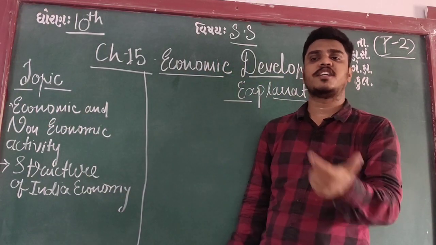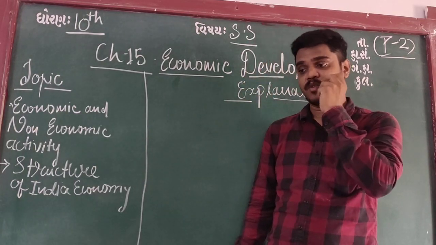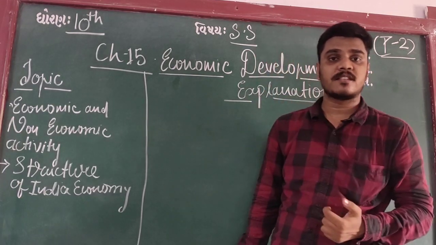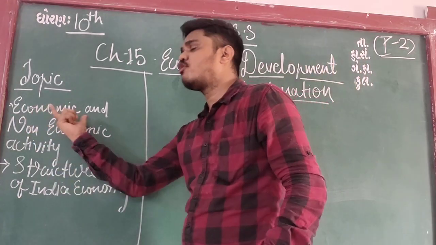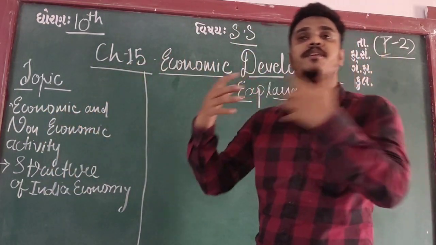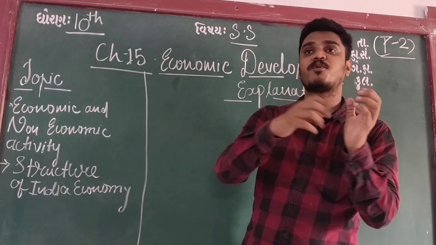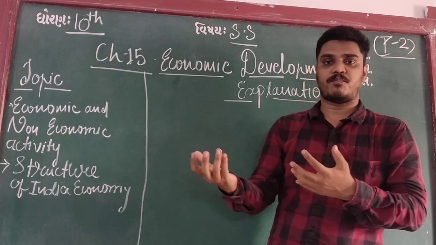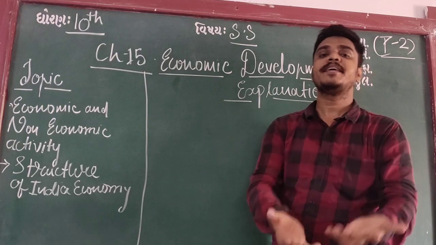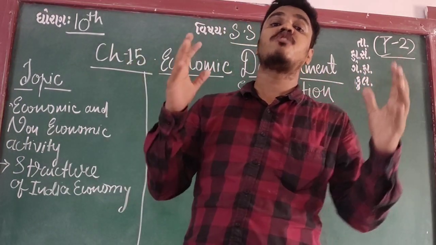Like a bank, a teacher, their own shop, running an academy, doing business, selling vegetables, grocery, whatever. They are economic activities. From what they sell, they earn. There are two things. First, if you sell something, if you provide something, that is one point. And if you provide a service, that is also economic activity. See, I am a teacher. I am not selling you anything. I am providing you a service. A better education is also a better service.